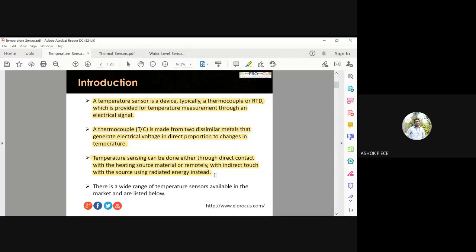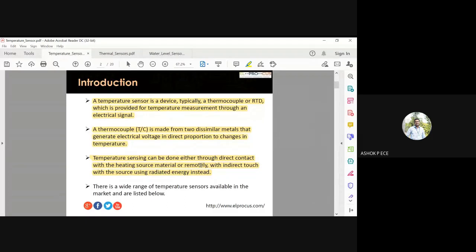In a thermocouple, how will they measure the voltage? When the temperatures are T1 and T2, I can say T1 minus T2 is equal to some K into V. So the difference in temperature is some constant into voltage. T1 is the hot end and T2 is the cold end, right? So if I have some person standing, there will definitely be a change in temperature. Depending on the change in temperature, the change in voltage is measured and displayed. So direct contact means directly using the device to measure.